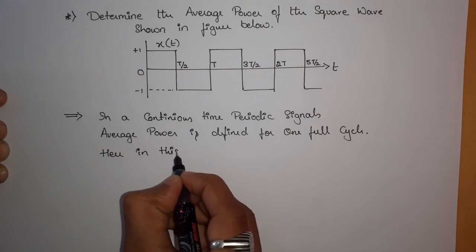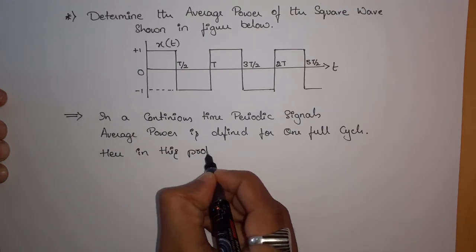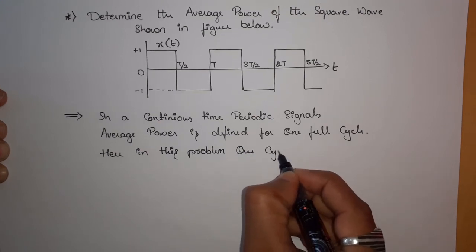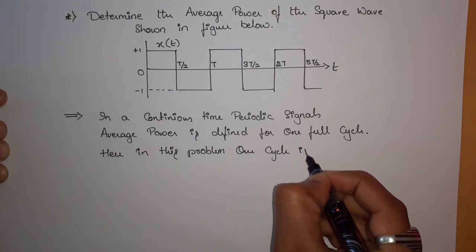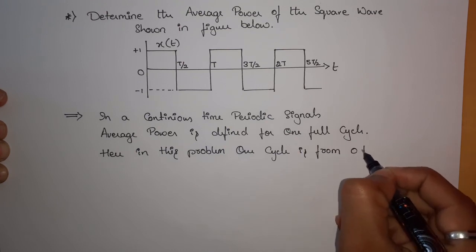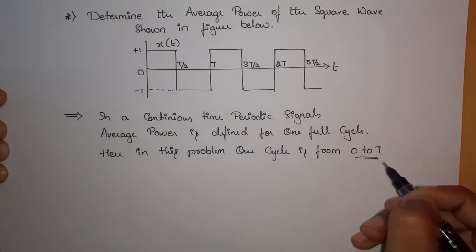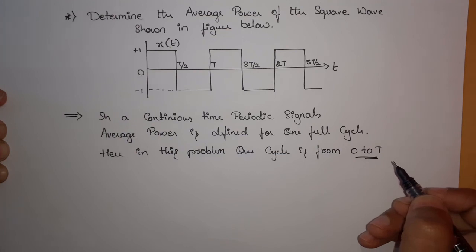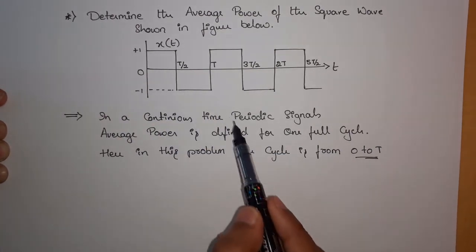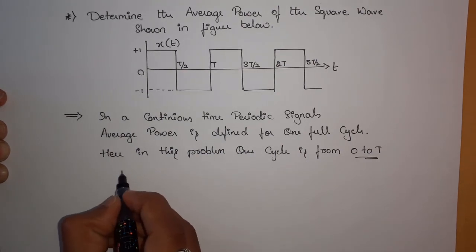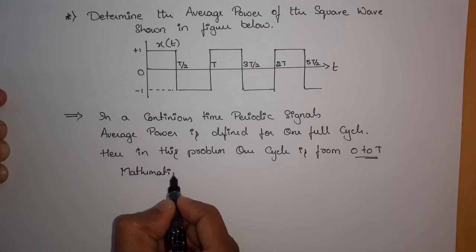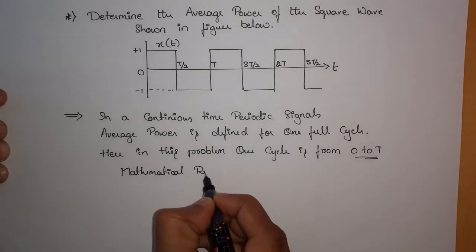Here in this problem, one cycle is from 0 to capital T, you can see. And if you want to represent this one full cycle mathematically, the mathematical representation